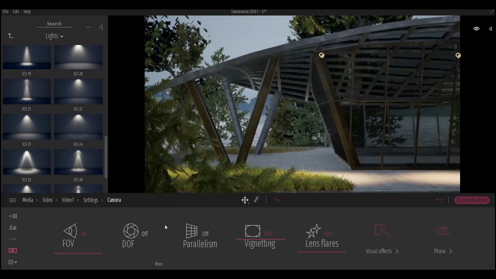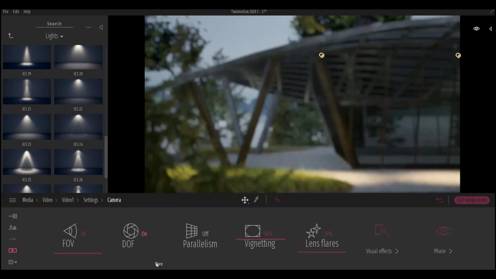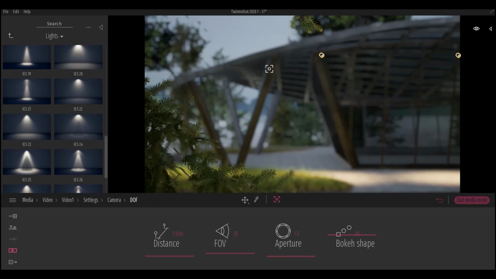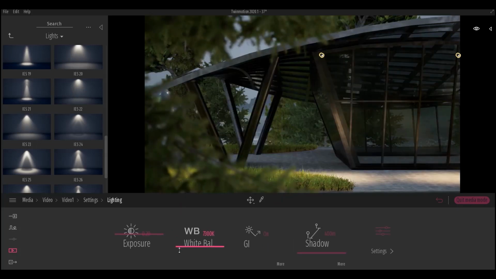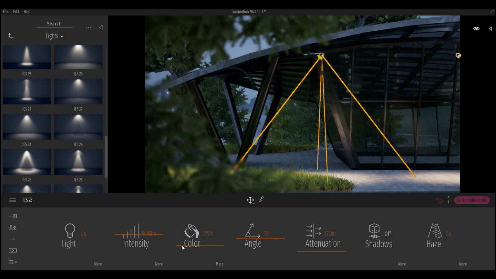Here in this part, I was changing the depth of field. To change it, simply turn it on and select a target with the target tool. If you can't see any difference, just change the field of view and switch to maximum effects quality. It's important to use opposite colors in rendering. If you change the white balance to cold, also set the spotlight color to a warmer color.